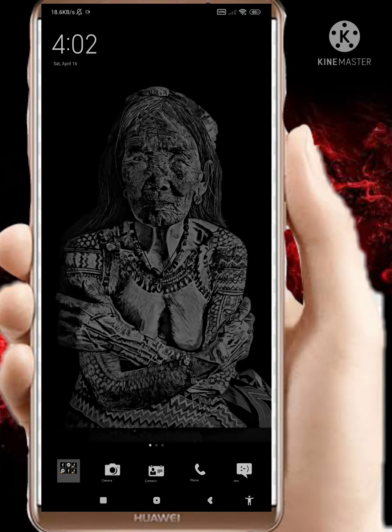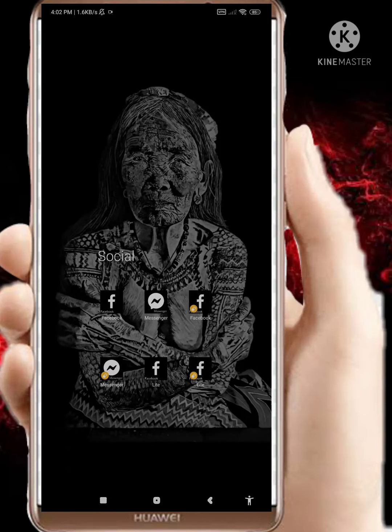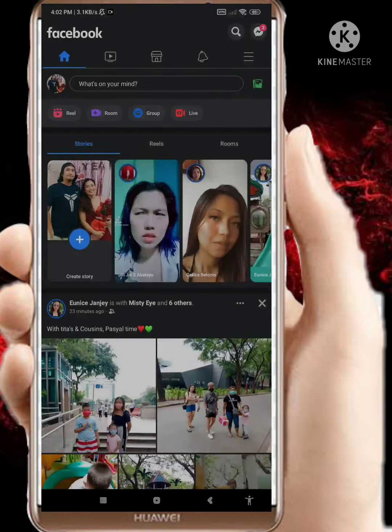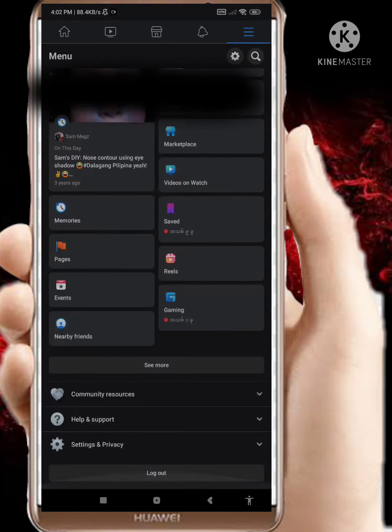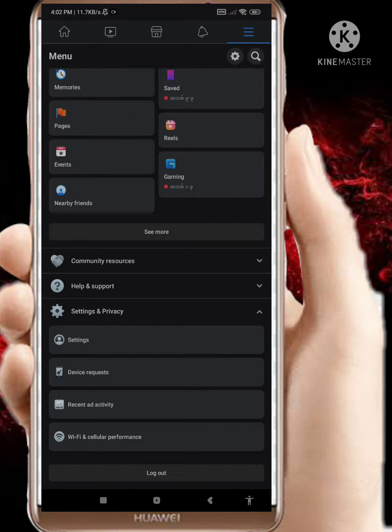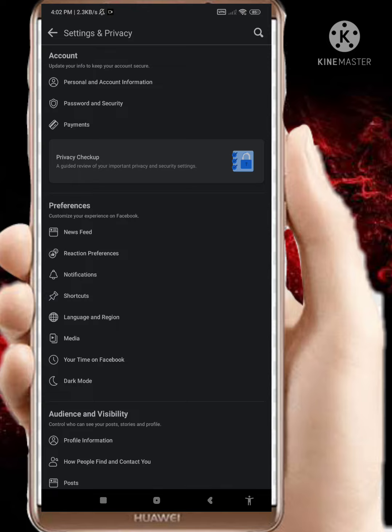So go to the Facebook application and to the Facebook account. See the right upper three lines. Just click that and go to the settings. Yes, settings, privacy, and the settings. Okay, just follow and go to the privacy